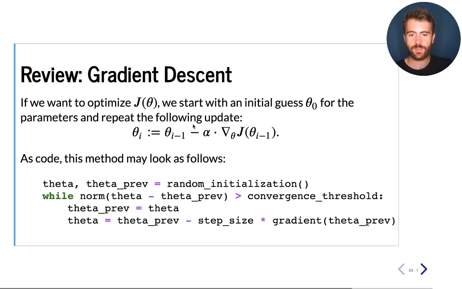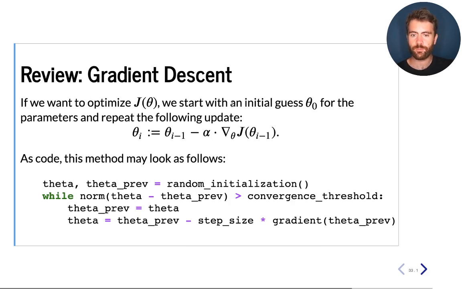And that simply means that we take our current value of theta, and we generate a new value at which the objective is going to be even smaller by taking a step in this direction of steepest descent that is derived